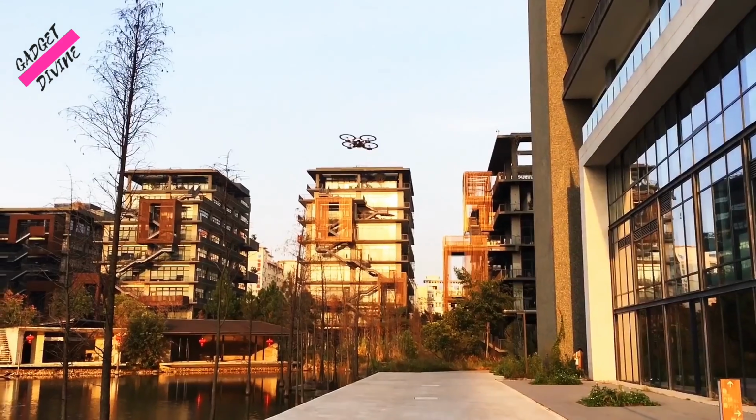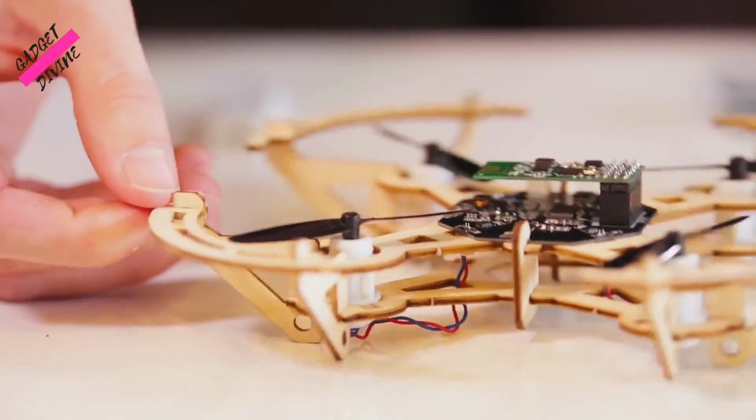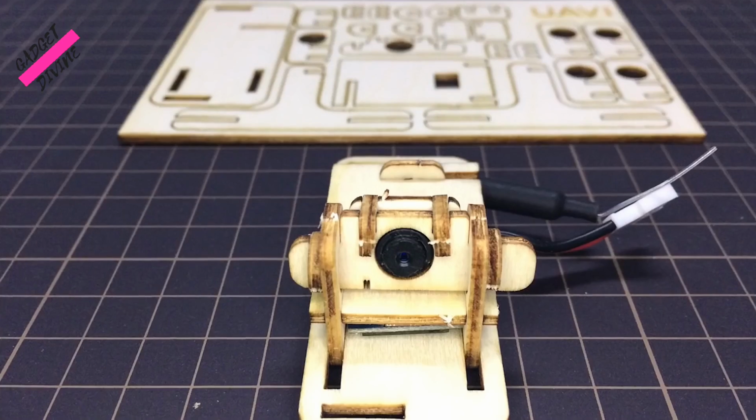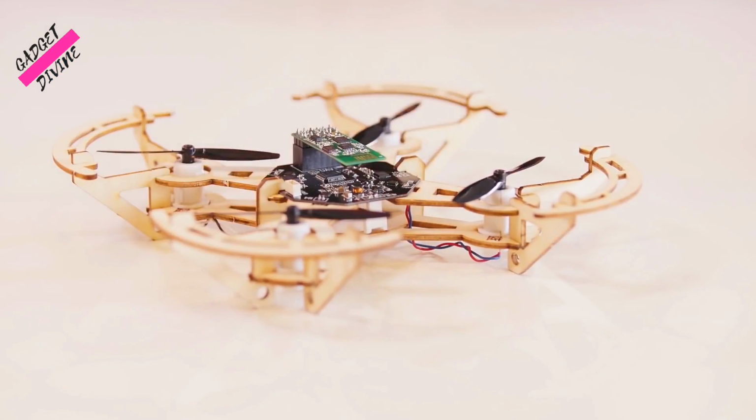Its environmentally friendly wooden design is lightweight yet durable, and it even features customizable designs and add-on modules that allow you to personalize your drone just for you. It's a simple, easy-to-use platform that is not only a joy to build, but also fly